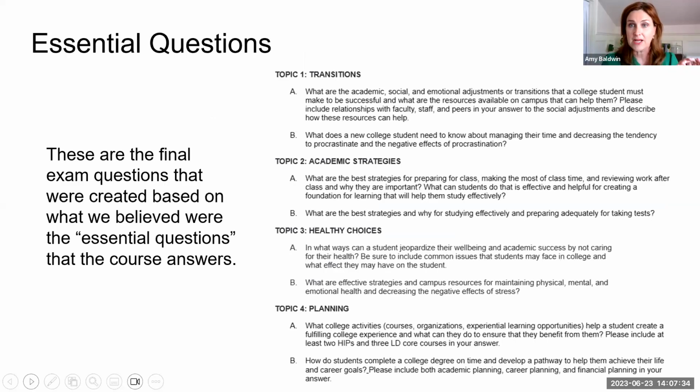So I call them the essential questions. They are really the exam questions, and these are the ones that have been updated. You might notice just a little bit of language difference and maybe some differentiation between the two different questions per topic. So if you think about organizing your course around these topics of these units,